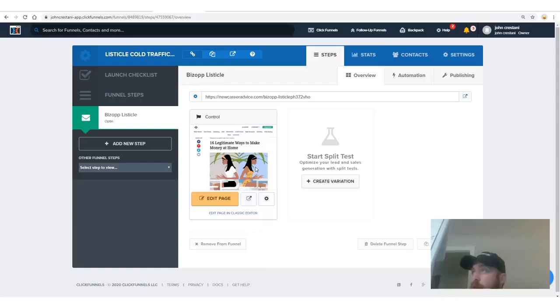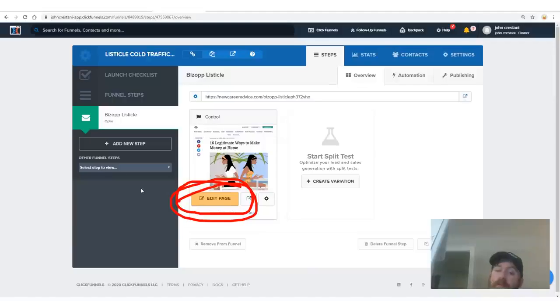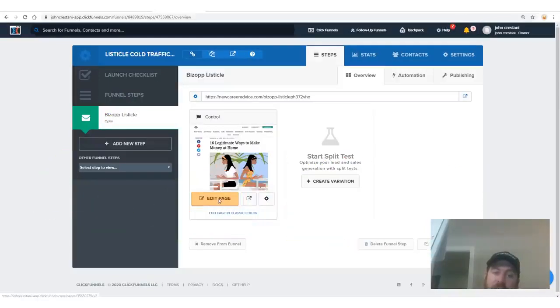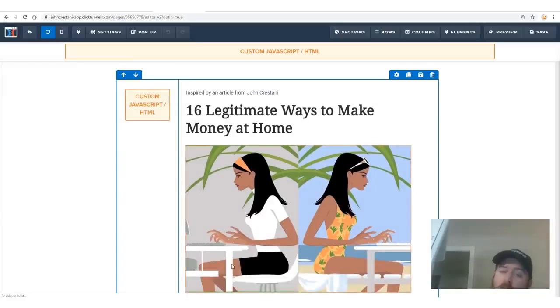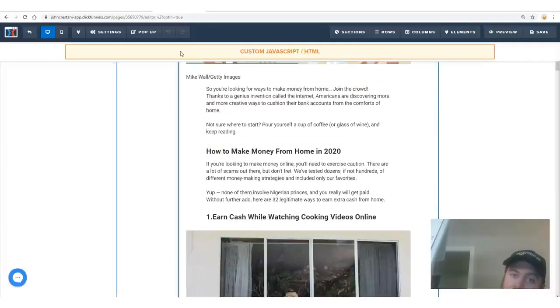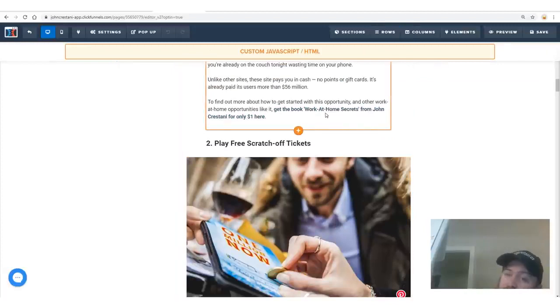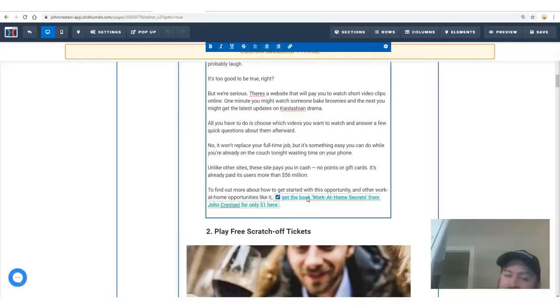Now this step, what we want to do is we could go to Google right now, but first we have to make sure our affiliate links selling the product are actually in the page itself. So now that we have our domain set up, we're going to edit the page and put in our affiliate links right here. We're going to click Edit Page. And what we're going to do is go in here. You can ignore all these gobbledygook things. And you're going to replace every single link with your own link so that it actually gives you credit when you make a sale of the book.